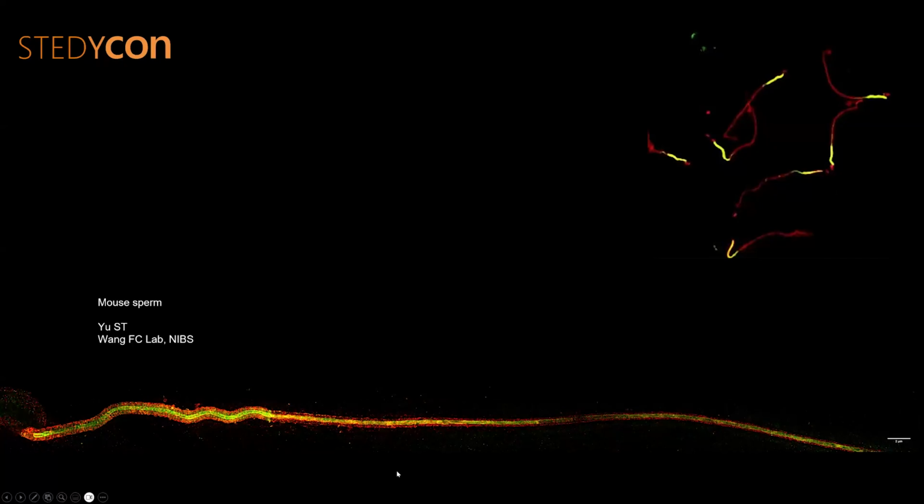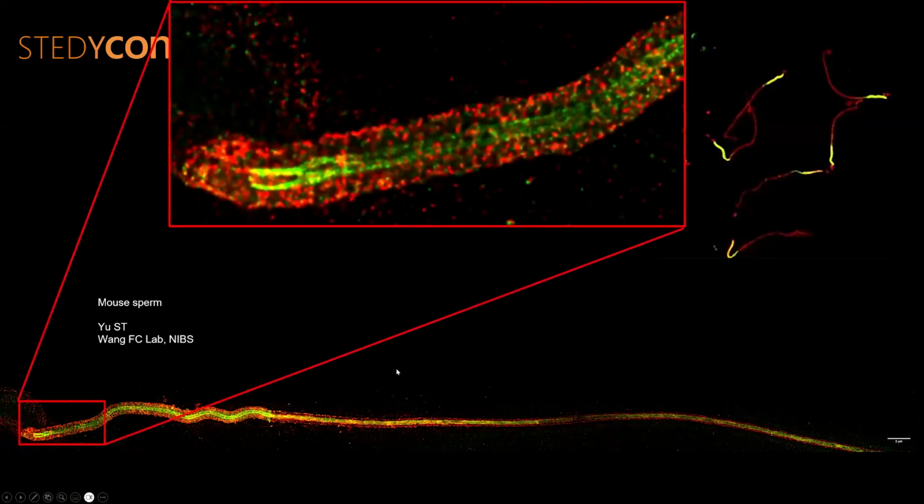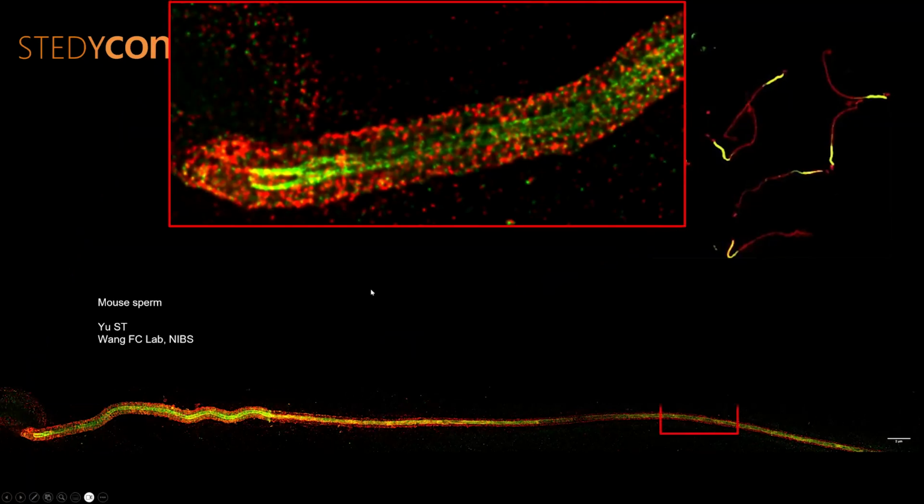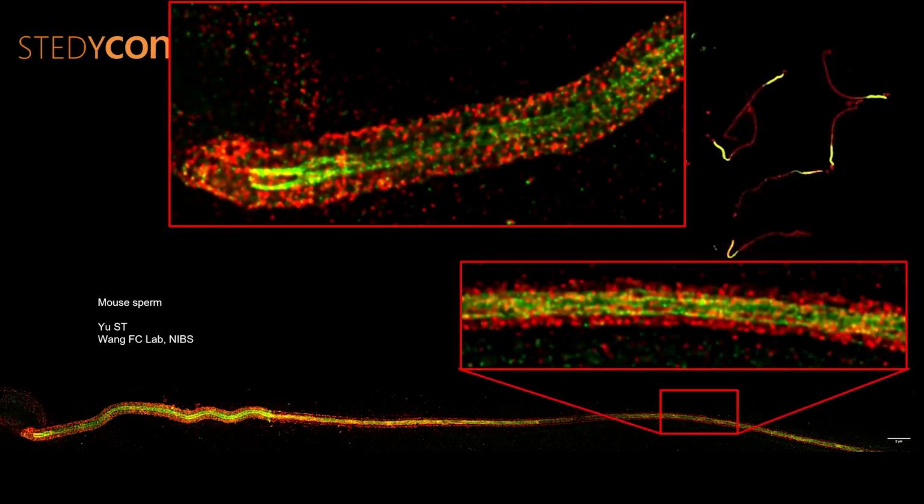Okay, and then people think, okay, that's super resolution. You can only do a small region of interest, but actually it's not true. From our system, we can do a tiling of a large region of interest for the super resolution imaging. This is the tail of a sperm, the complete tail. The scale bar is 2 micrometers, and we can do the 2-color 2D super resolution of the complete tail of